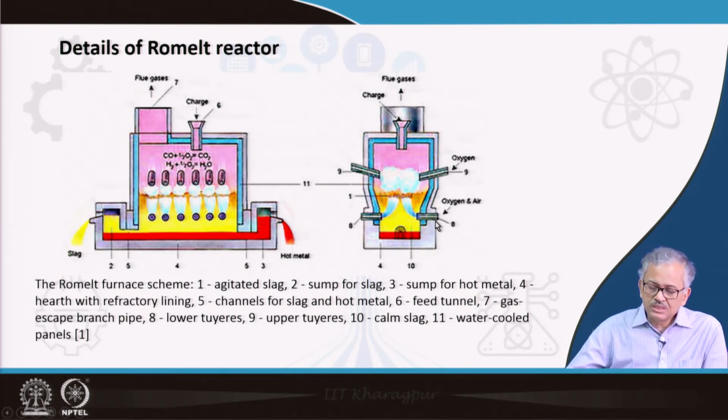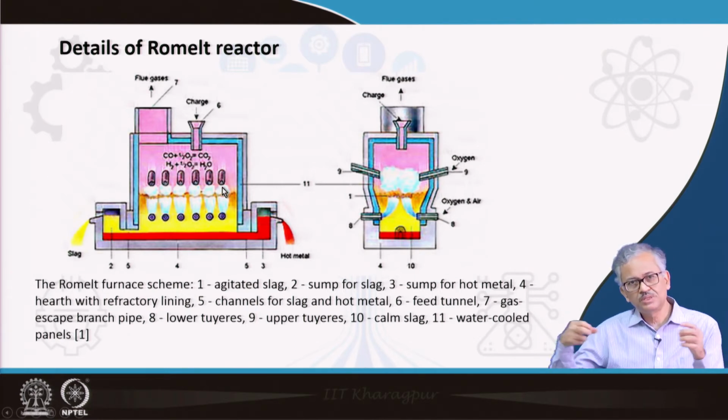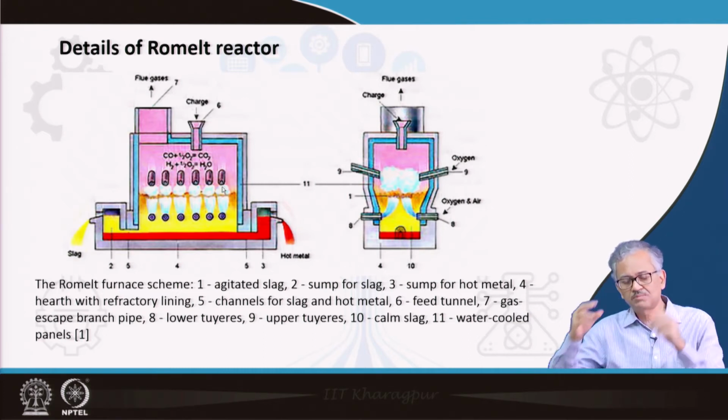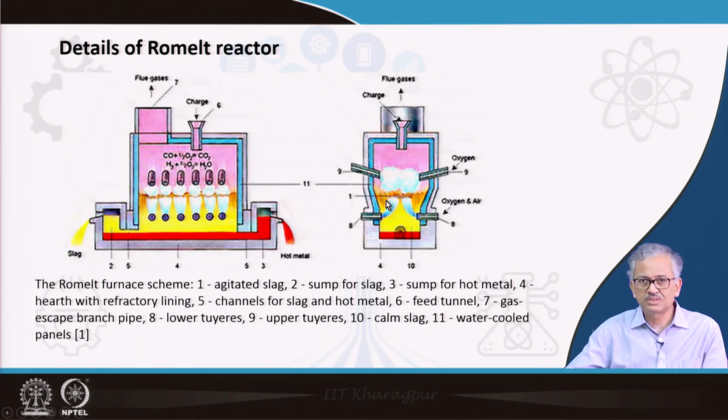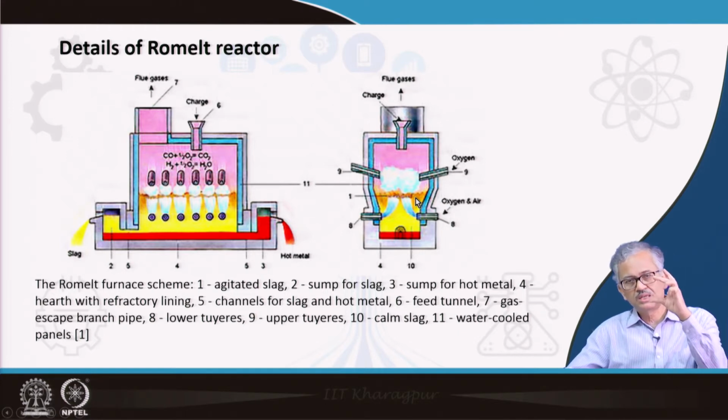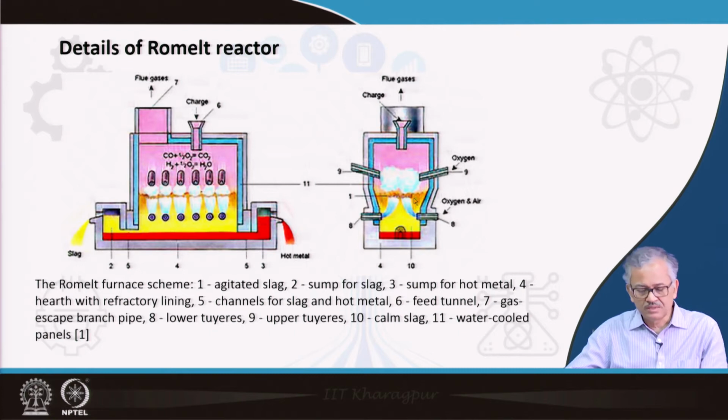And so secondary oxygen and primary oxygen are there, and you can see there is an active bath above the slag, because you are giving the oxygen and then it will generate the CO. So it will generate some kind of emulsion above the slag bath, where the reaction will be much faster. So this will be a faster process, and that is called the active bath. Below that there is a slag, and then finally the iron layer. You can see the iron comes out from here, and the slag from the top. You can take out the slag from here, and this is the detail. Charge comes from the top like this, and flue gas comes out like this. Okay.